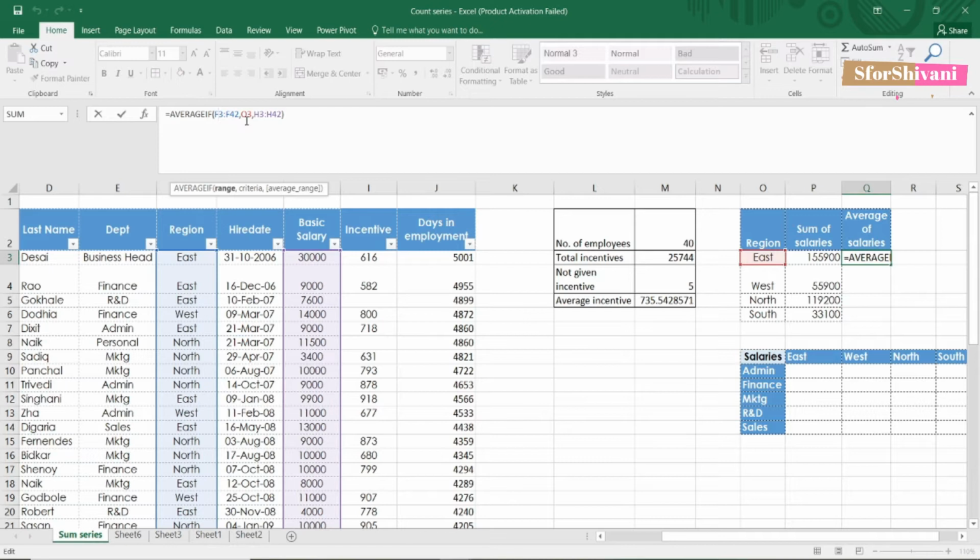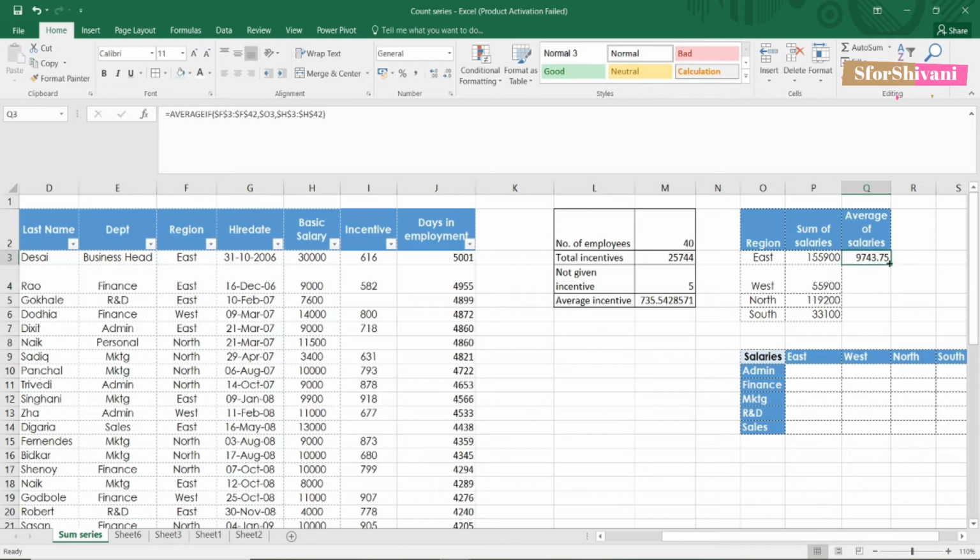So I add dollar sign, dollar sign, dollar, and for this one my criteria is changing from O3, O4, O5 and O6. So I'm fixing the O sign. Drag and drop, this is the answer.